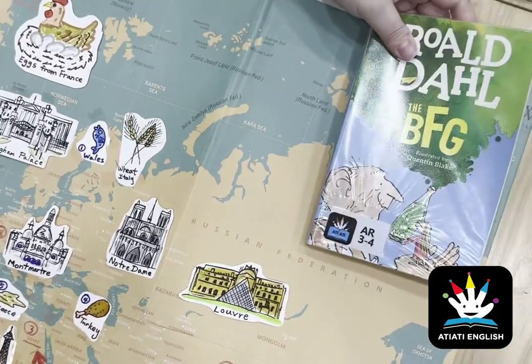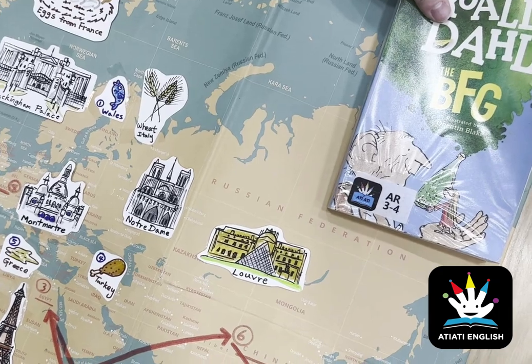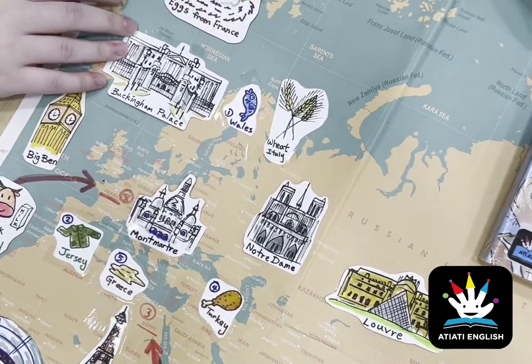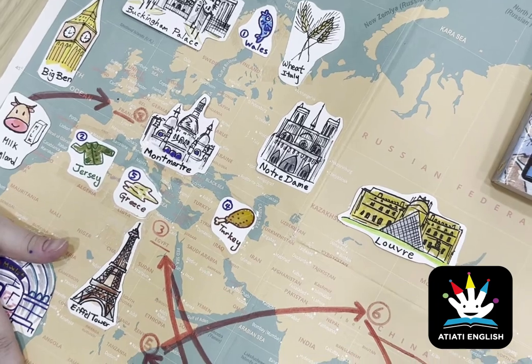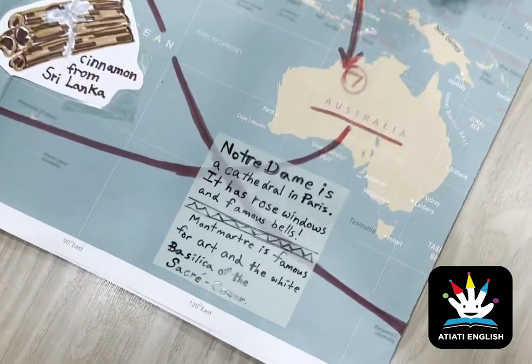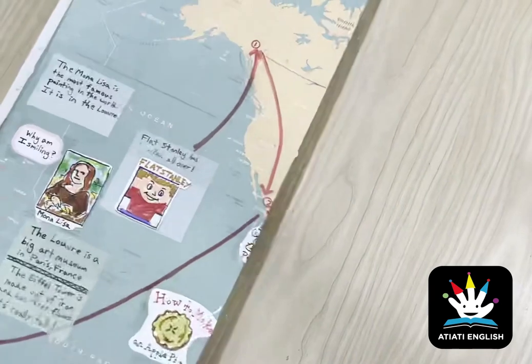But we want the students to decorate the map with interesting places they think that the character could or would visit in London, like Big Ben, Buckingham Palace, like we said, and other places. And then once they finish decorating their map, they can also write about these specific places. Like, for example, here we have Notre Dame, but they can write about Buckingham Palace and give information about the